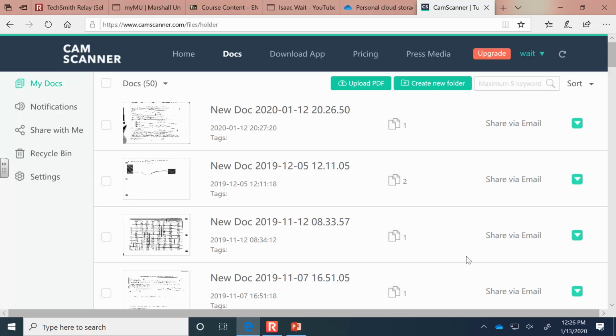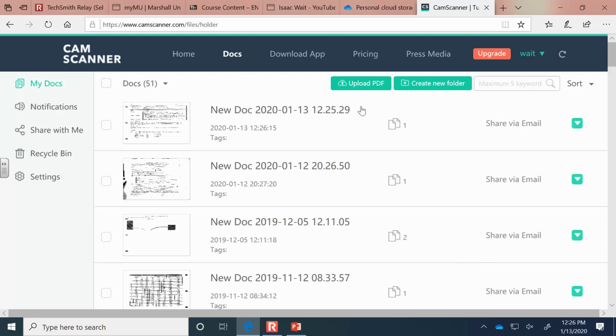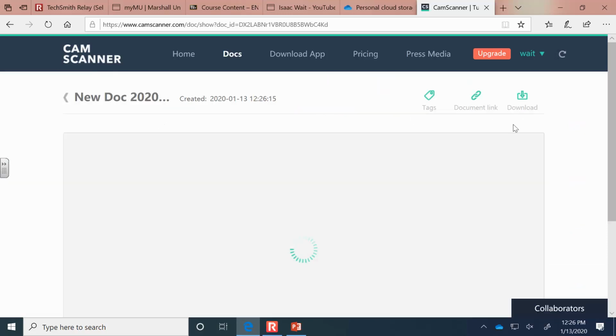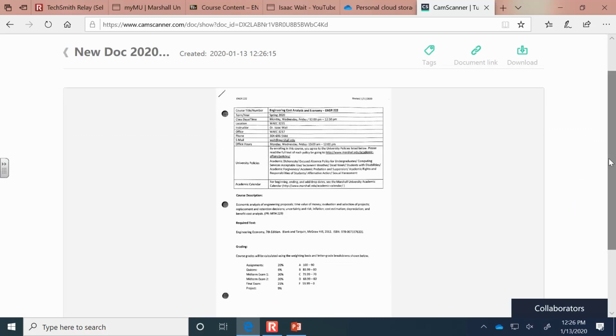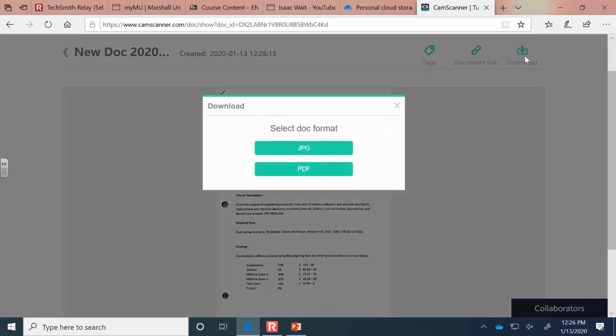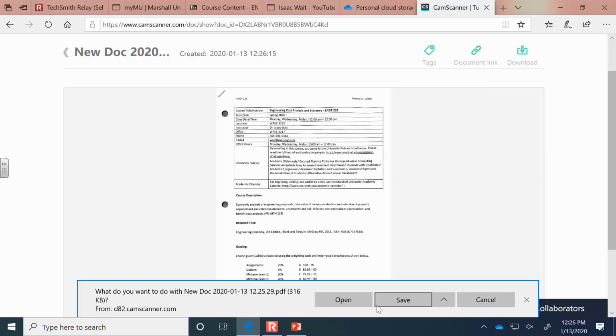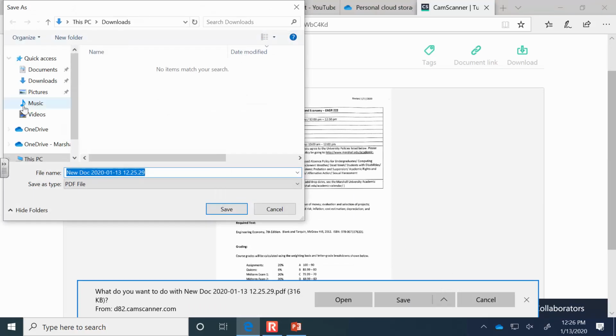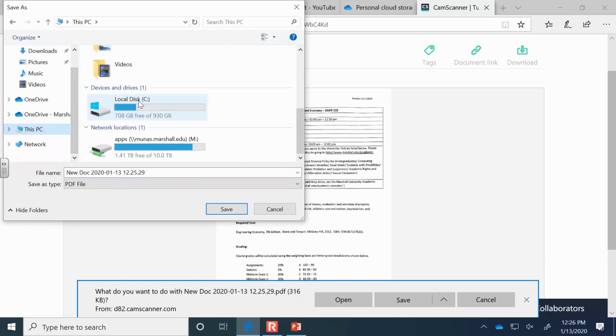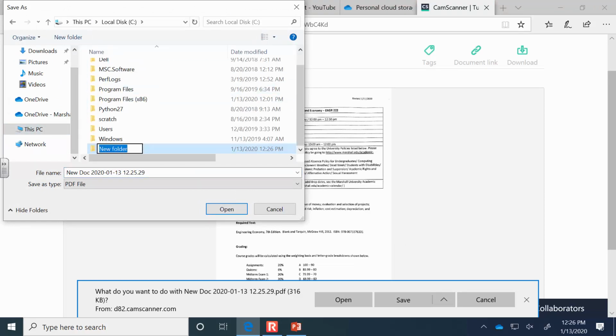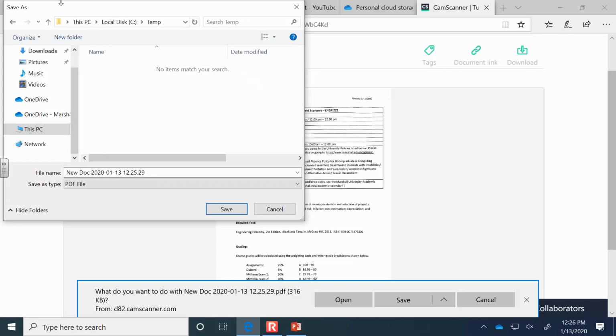And so as soon as I click OK, I can pull up that document here in the cloud that I just made the PDF of. And here it is. It's the syllabus. I can download the file either as a JPEG or a PDF. Your homeworks are going to be as a PDF, so you'd click that and save it in a location where you're going to be able to find it later. Don't put it in some mystery location that you won't be able to find. What I usually do is just create some sort of a temporary directory, and then maybe this is